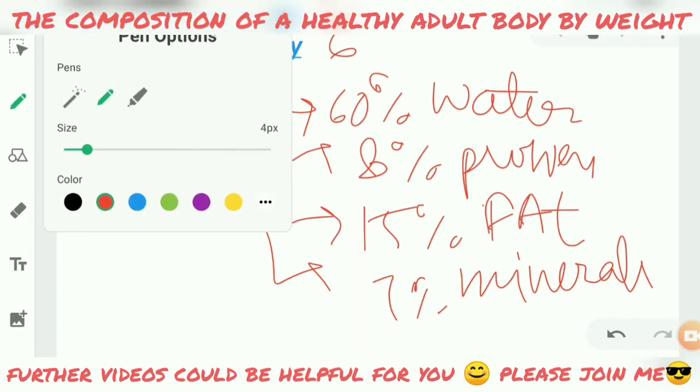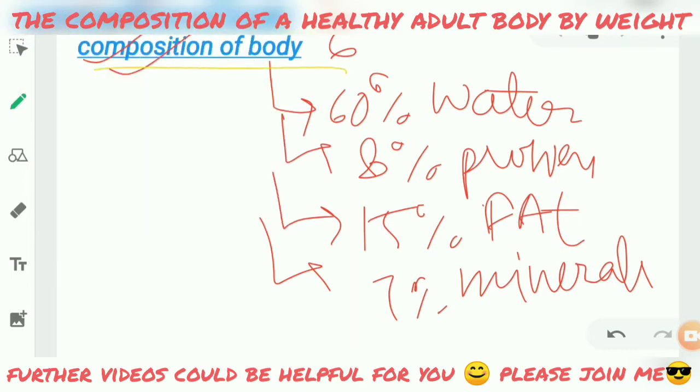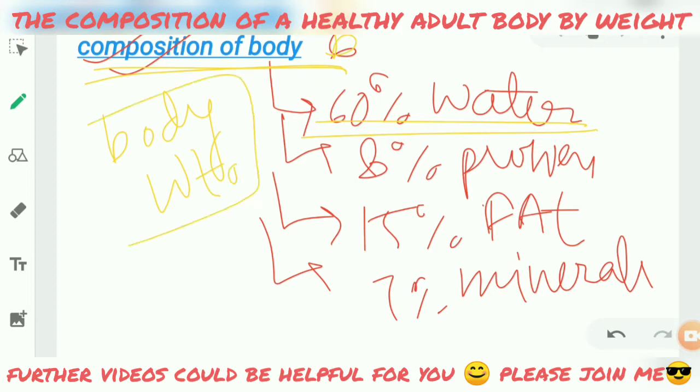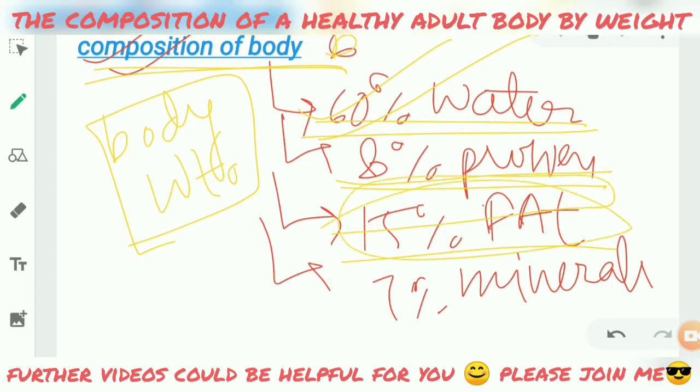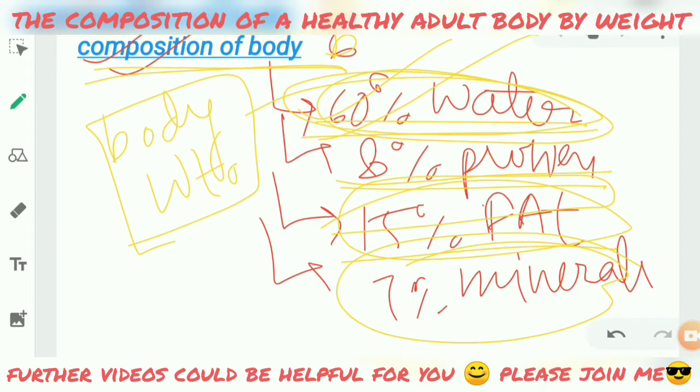What I said is the constituents of body. In an average adult, I am talking about body weight, 60% of body weight is water, 8% is protein and its constituents, 15% is fat, and the rest 7% can be minerals. The majority part is made of water, so the major component of body weight can be considered as body water,